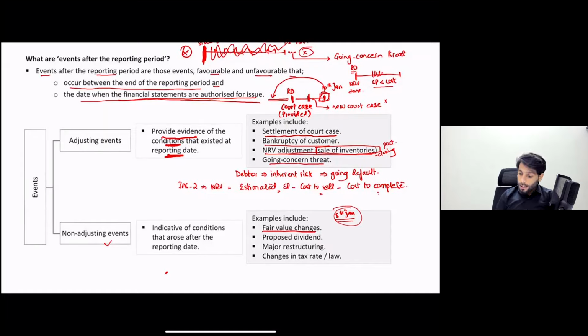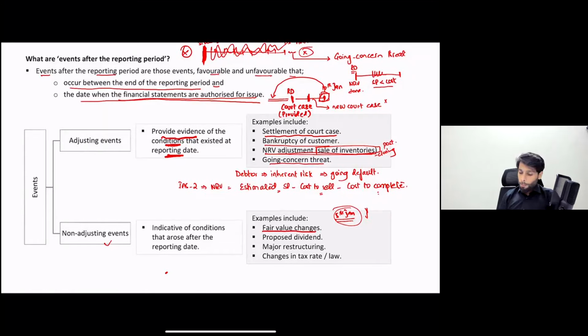Why? Because the crashing of the stock market could not possibly have been known at the reporting date. If it was known that the stock market would crash, everybody would have sold out on 31st December. And this is not how stock markets work, or any market works. The market is dynamic. If something happens beyond the reporting date, it reflects the time period beyond the reporting date. There could have been no indication or condition at the reporting date. So any fair value changes are never an adjusting event. They are within the scope of IAS 10, however they are non-adjusting events. Nothing to be done about them.